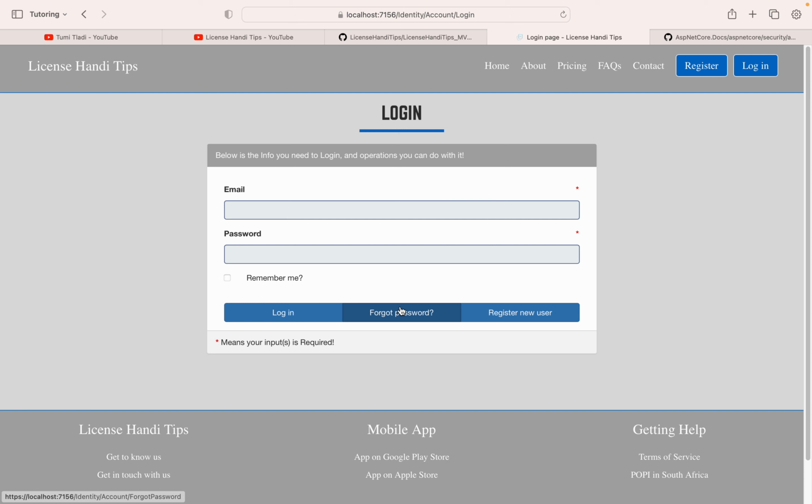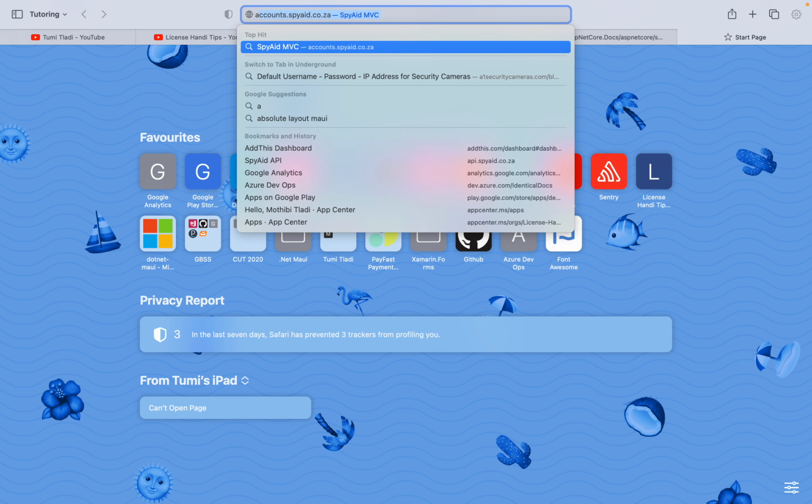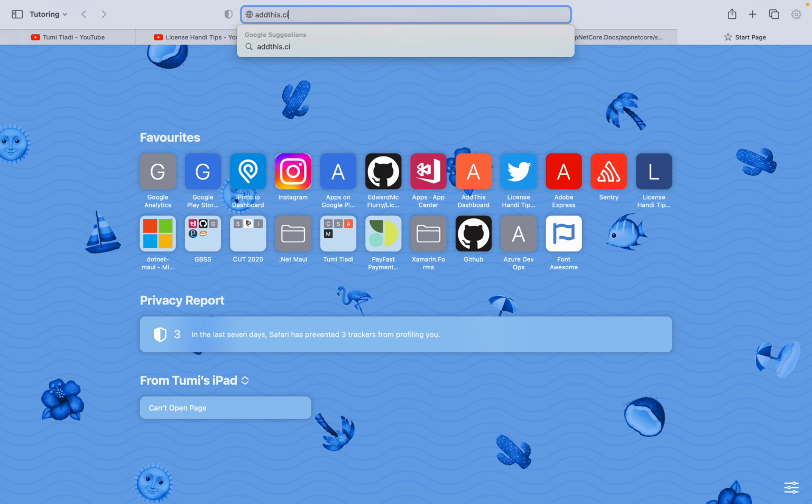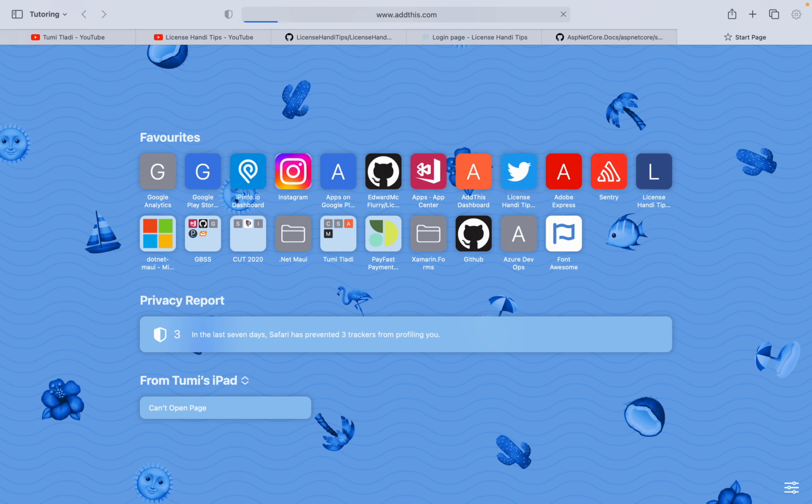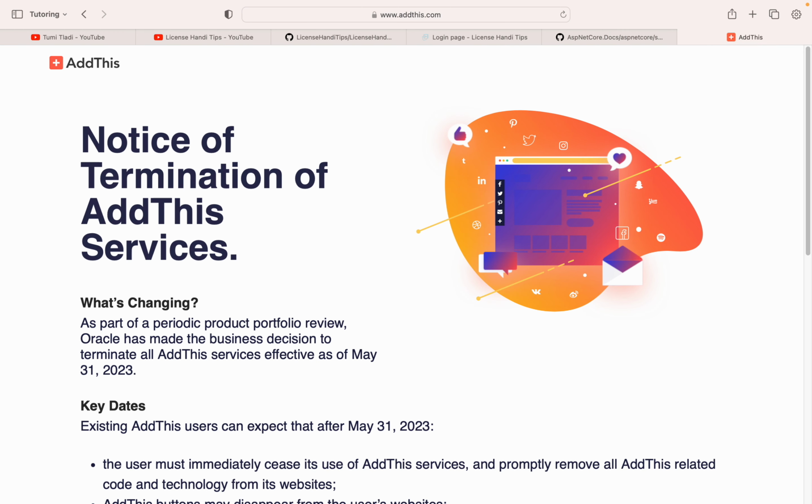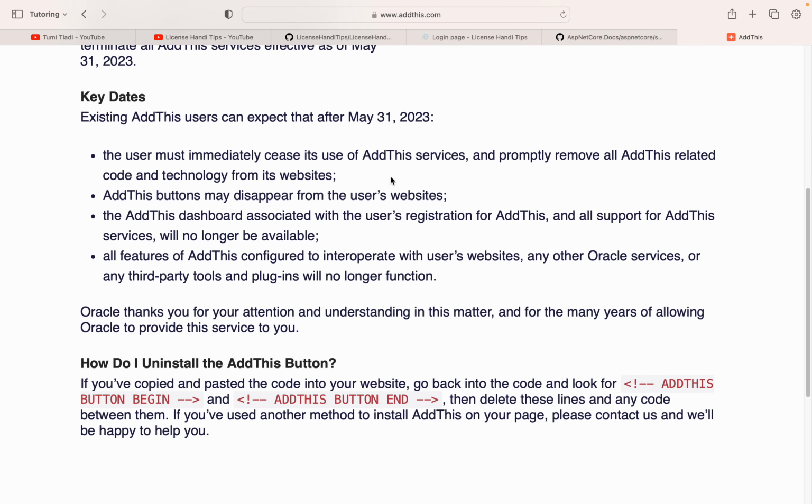But trust me, you can also add other external login providers, such as do you want the users to log in with their Gmail account? Do you want the users to log in with their Facebook account? Do you further want the users to log in with their GitHub account? Now they have added support for Apple account. Trust me. For example, if I go to one of the sites I know, I just want to make a quick example, right? When I talk about additional external accounts, for example, we need to go to